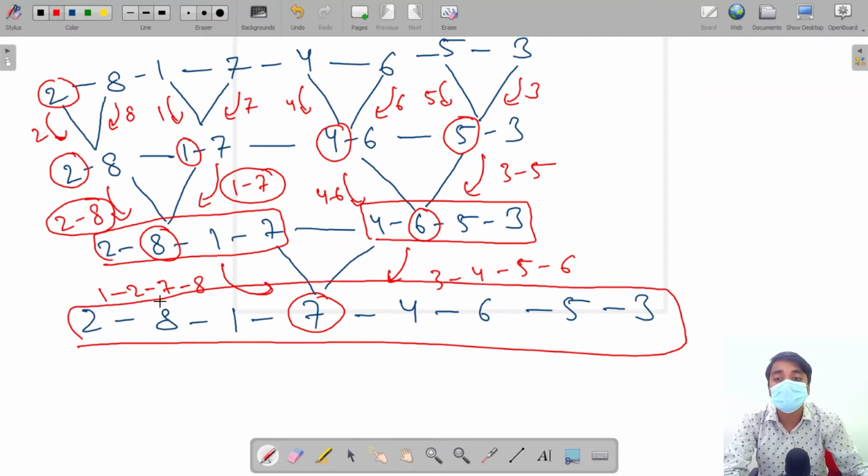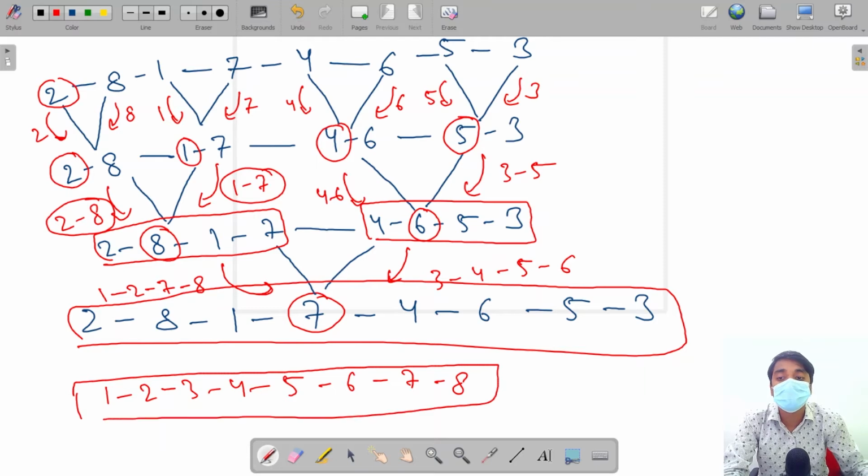This will merge these two sorted lists and return 1, 2, 3, 4, 5, 6, 7, and 8. So here our list is sorted. So we will use merge two sorted lists for sorting these two lists, which are from the first half and the second half of the function.